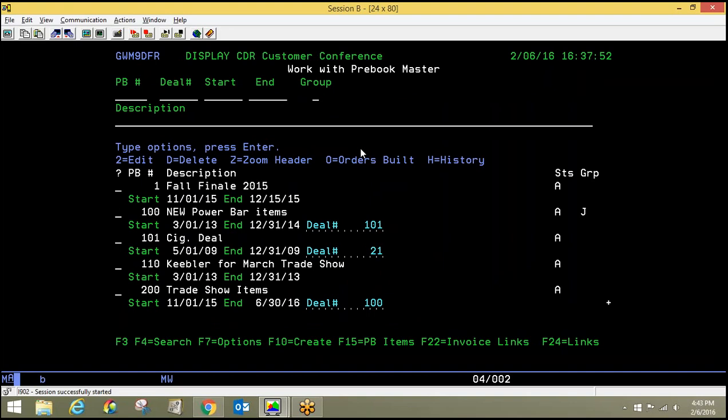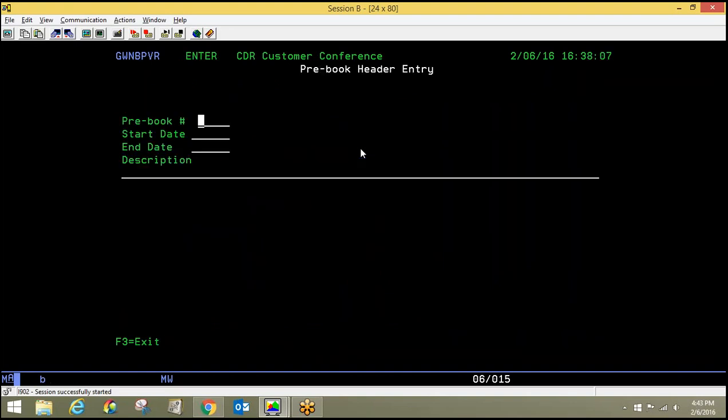That's probably the best practice to do it. So what I'm going to do is press F10 to create. I'm going to give it a pre-book number that means something to me. It has to be a pre-book number that's not in use, obviously. I'm going to call mine 2016 just because that's when my show is, but it can be whatever number you